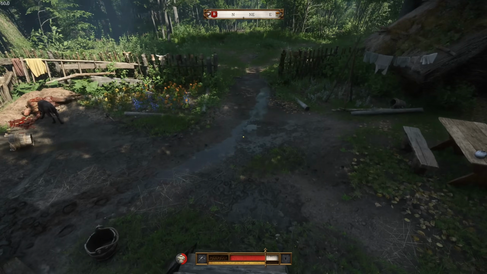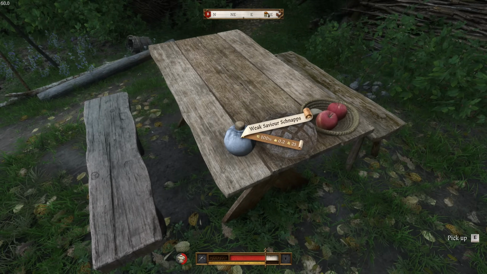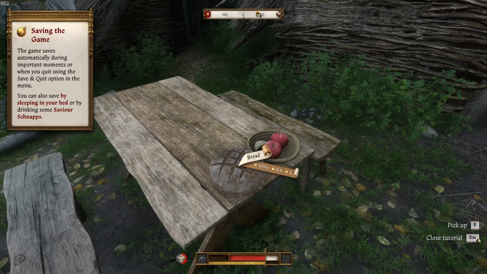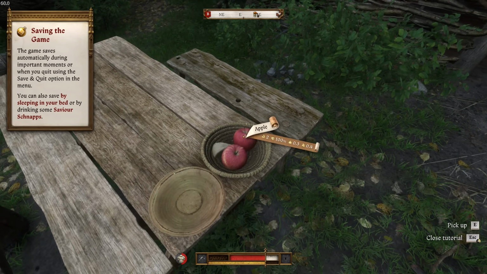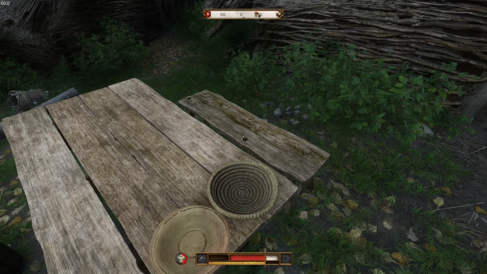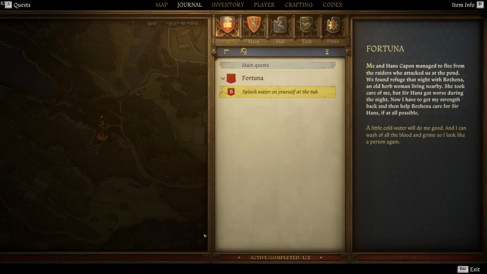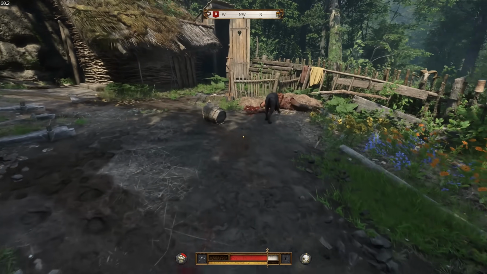Anyway, let's get ourselves cleaned up. Oh, there's the trough. Oh, but there's also some food over here that we can take with us rather than having to eat from a pot. There's also some saviour schnapps. So there are two ways of saving the game. Actually, there are three. From the main menu, you can quit and save. You can also save by sleeping in a bed that you own, or you can basically quick save by consuming some saviour schnapps. The only way to actually get any saviour schnapps is to...